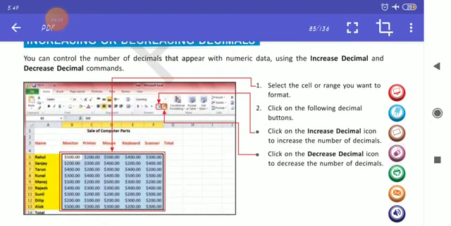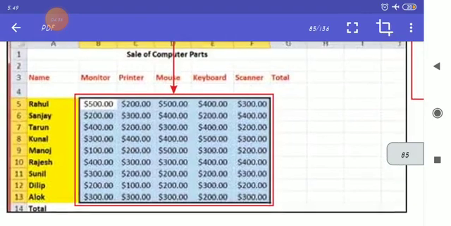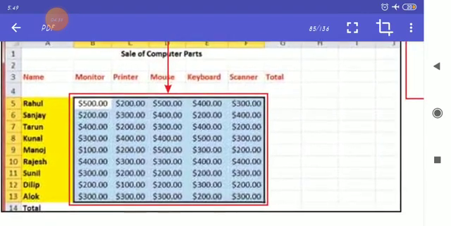With the help of these commands, you can do this. How will you be able to do this? See, sales of computer parts, it is written over here. And monitor, printer, mouse, keyboard, scanner, all the numbers are given.